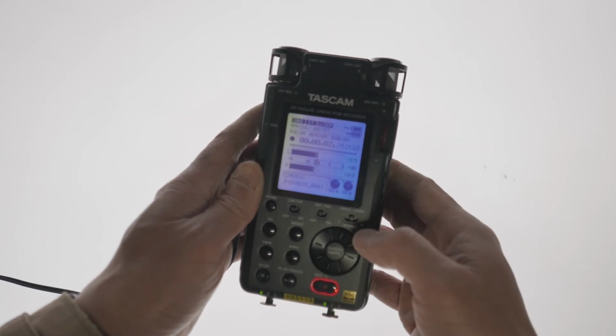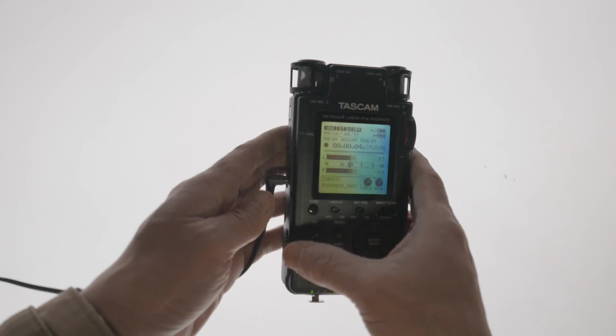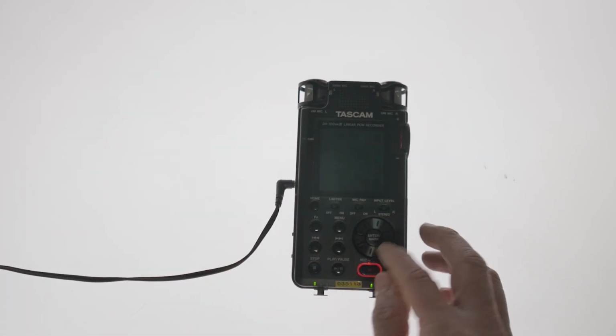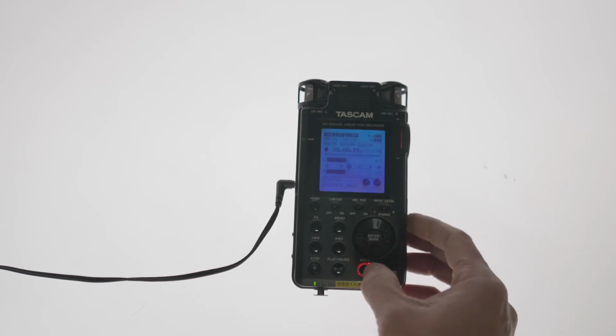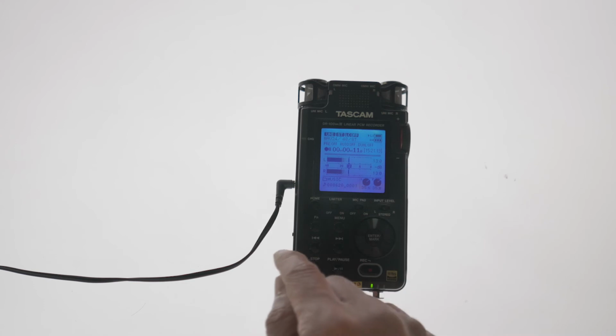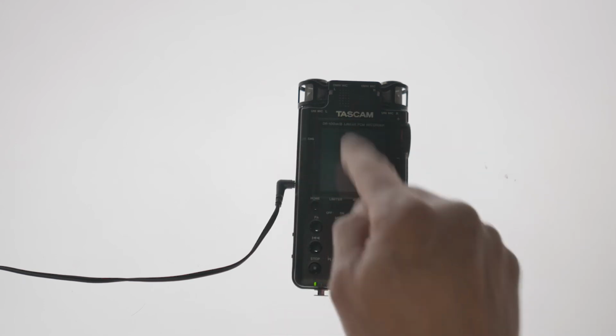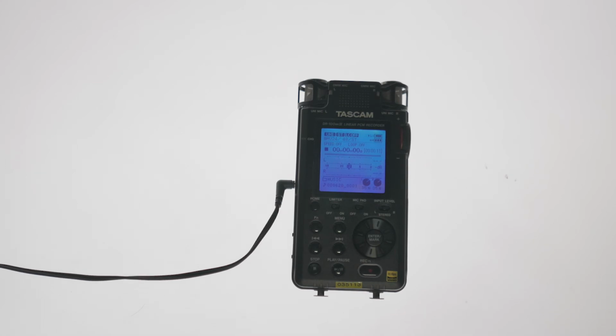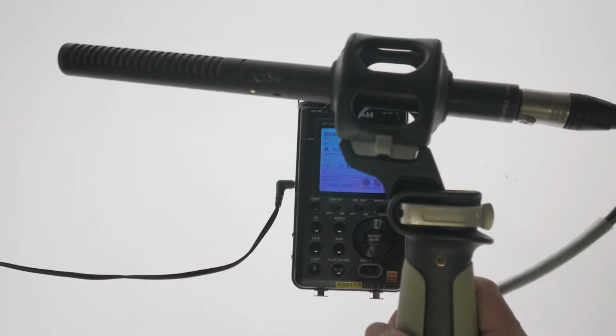You see the number going up, you know you're recording there. You've got your headphones plugged in, so you just have a listen to check that it's all being picked up, and that there are no extraneous noises that may be interfering with the sound. Okay, so that's how you record using the uni mics that are built into the device. If I press stop now, I'll show you how to set it up using a Rode